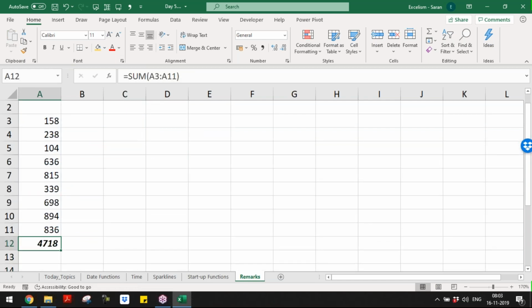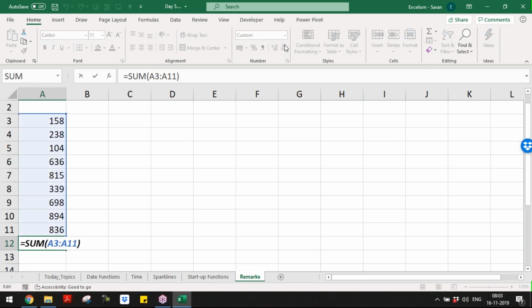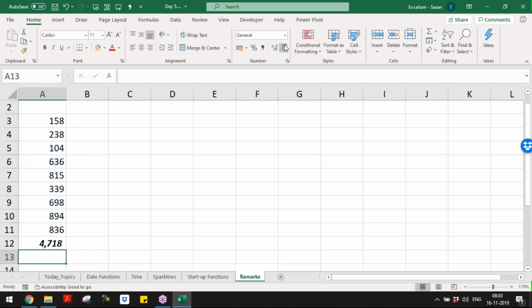As an auditor, I only look at the bottom and I press F2. I cross-check that yes, the client has given a correct formula, A3 to A11, because it has considered everything. Now the client accountant has some fraudulent intention. The client accountant doesn't want this amount to be part of your final total. So he will not remove it, because if you remove it, you may ask the question: 10 records, 9 records must be there, why are only 8 records there?